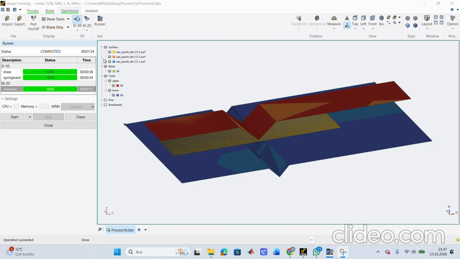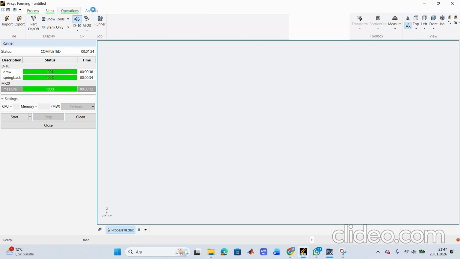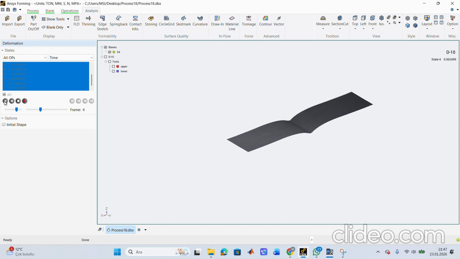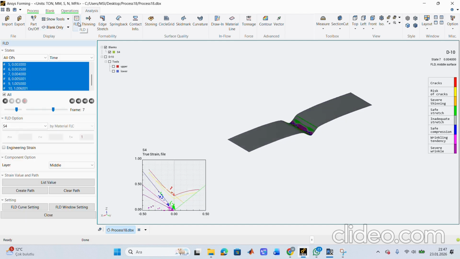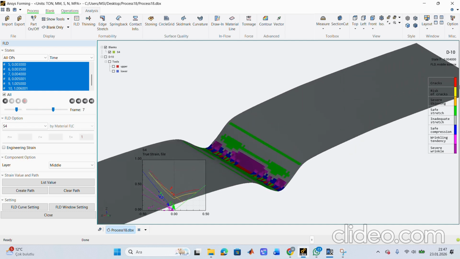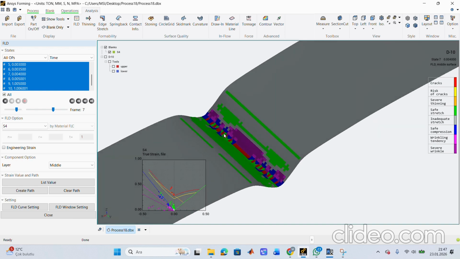Now all parts are completed and we come to analyze. Here we can see bending. Firstly, I will show FLD. This shows us cracks and safe sites. Safe stretch, for example, the green one, is safe stretch. But these red parts are cracks.